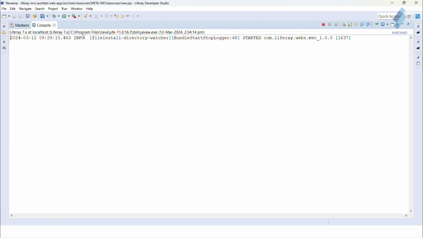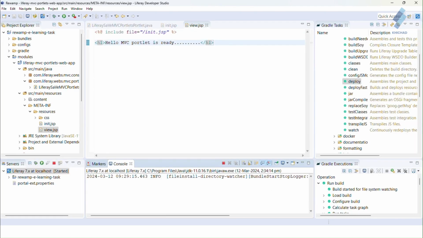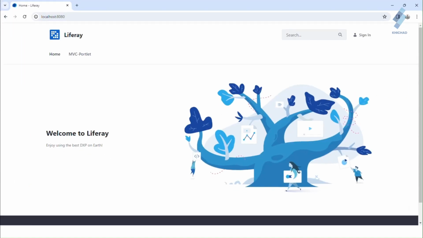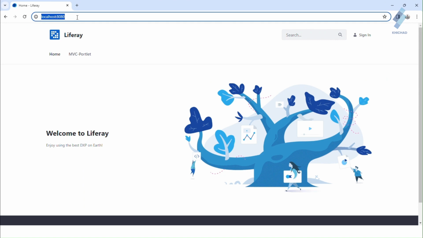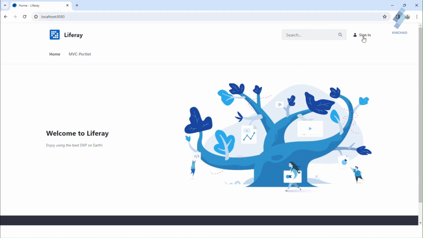Now move on to the browser. Open the browser, go to the Liferay portal by hitting the URL localhost:8080 and click on Sign In.